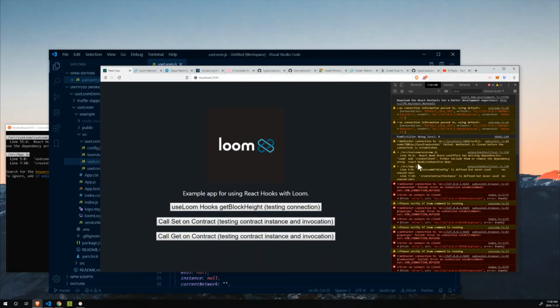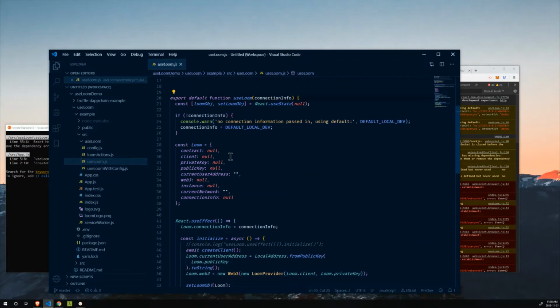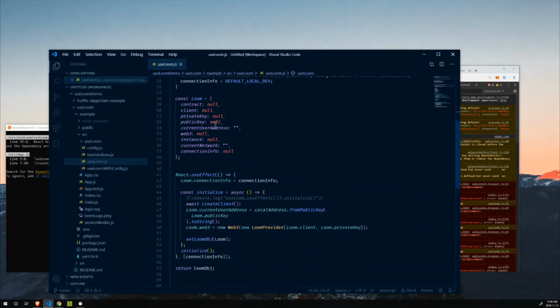So we actually do a warning here somewhere. We say there's no connection information. So this is also good practice. Tell them you're using a default connection. And then once they get more used to this, they can provide the connection information object, which we're going to do after. So now we have a useLoom object, which has the properties that Loom expects to have